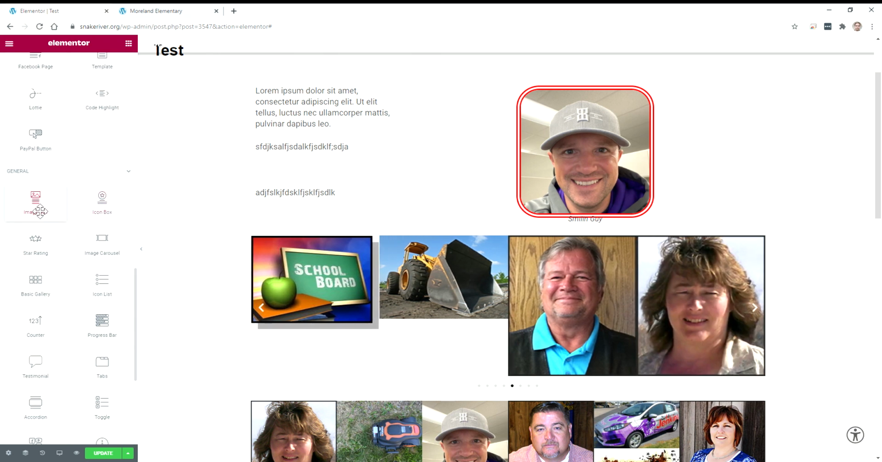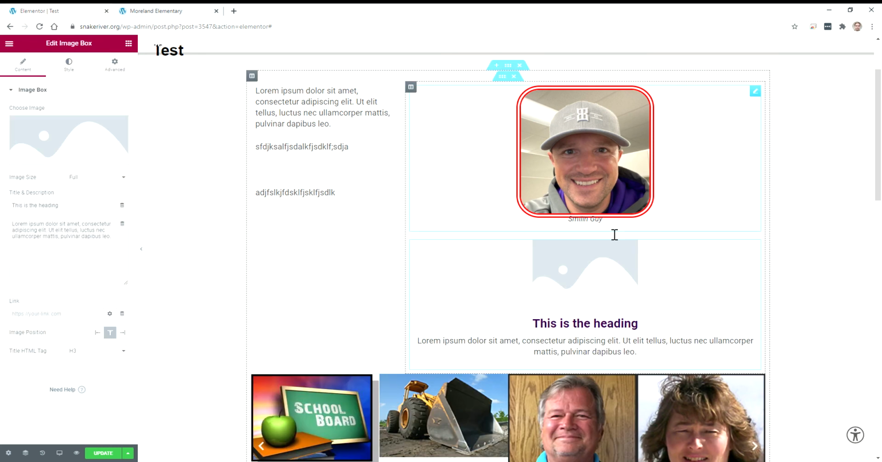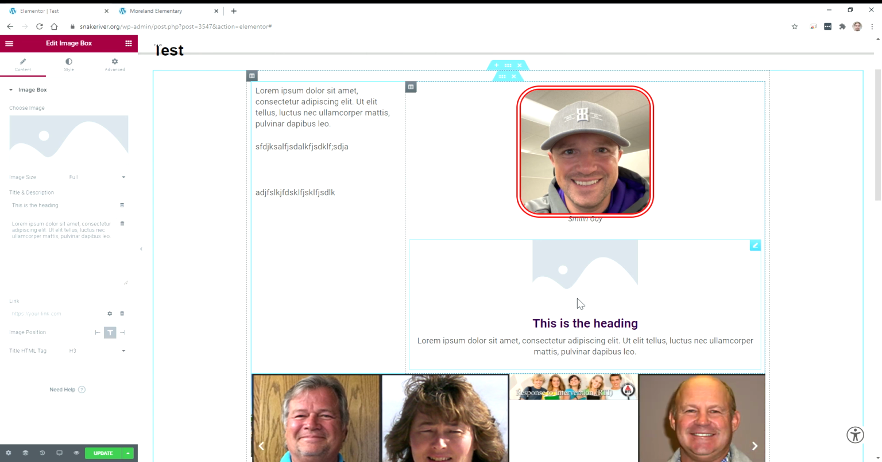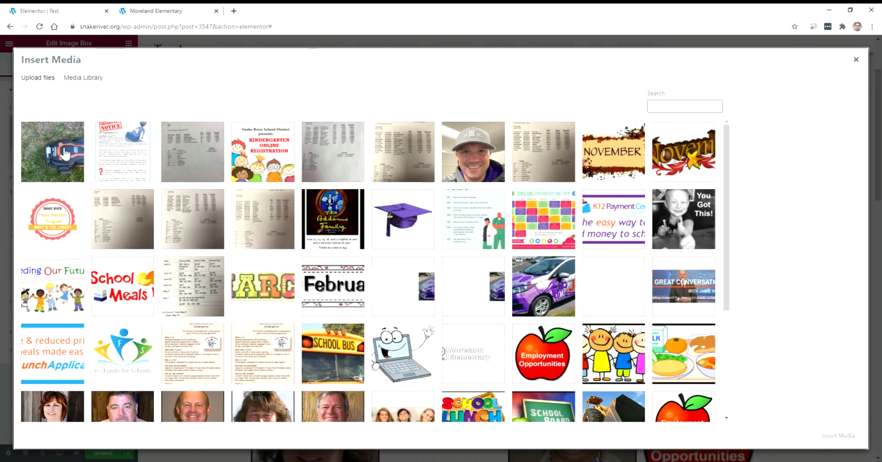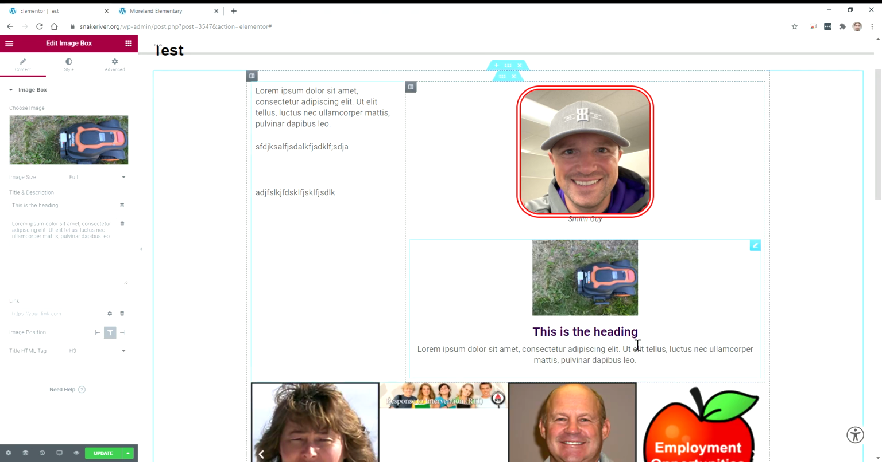Another useful one that we came across is the image box. So let's throw that in here. So what this is, it's basically an image with a heading and information paired with it. And so again, we can come over here and click on that little gray pill and choose our one image, insert that, and then we can play with the heading,